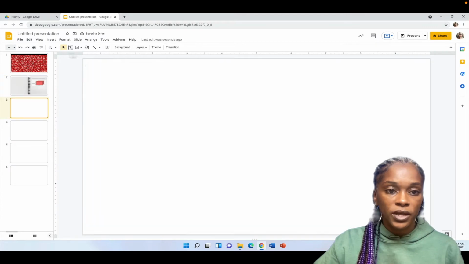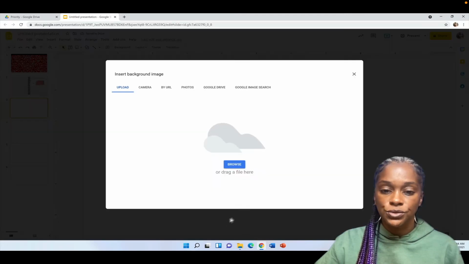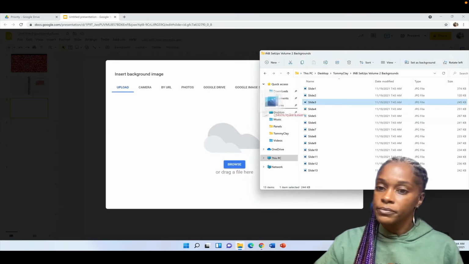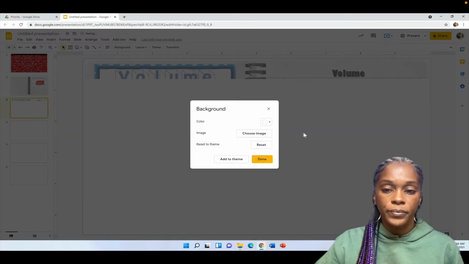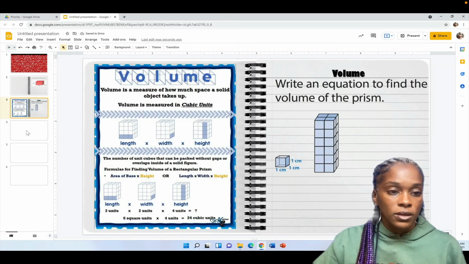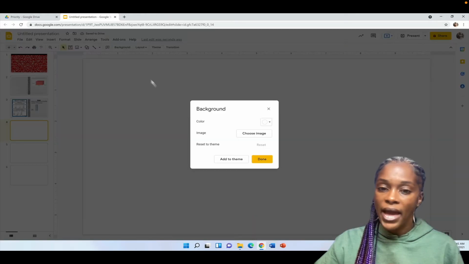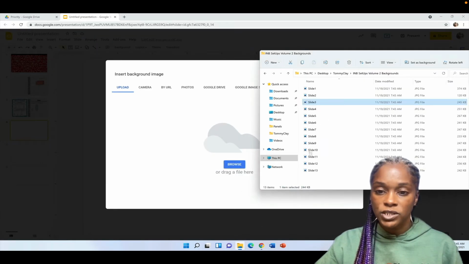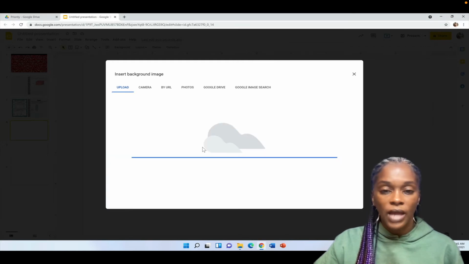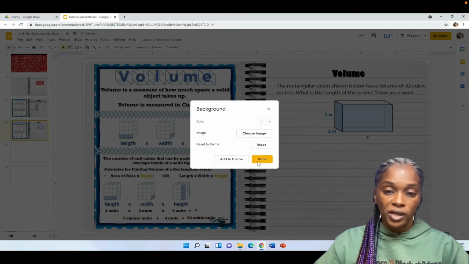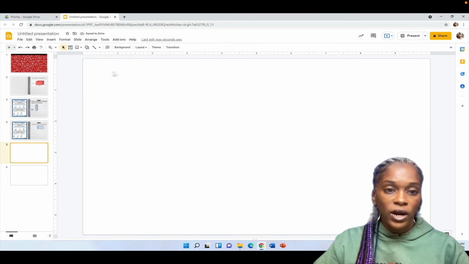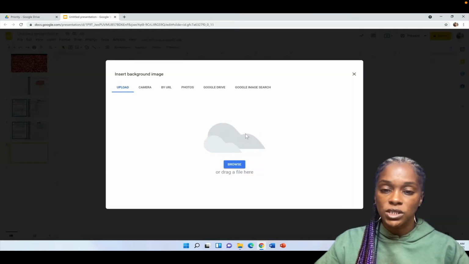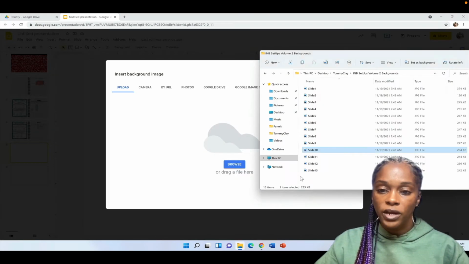Page 2. Come to page 3, background, choose image, get our folder up. Let's go ahead and select slide 3. Slide 4, background, choose image. Let's get our folder with our images, and I'm just going to vary it a little bit. I would go in order for every single one, but for our example, we're just going to switch it up just a little bit. Choose image, open our folder,